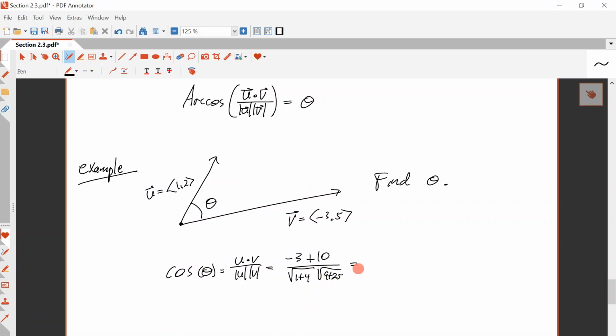So this is equal to 7 over root 5, root 34, so 170. It's 7 over root 170. So theta is equal to arc cosine 7 over root 170, which is approximately equal to,